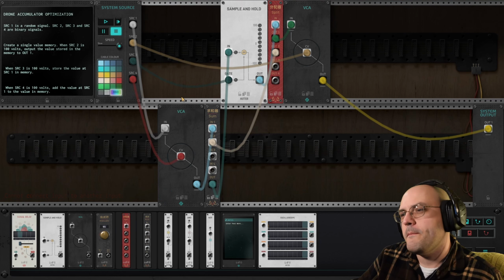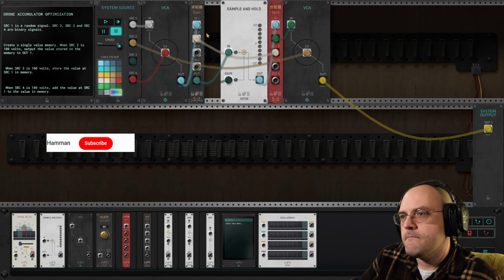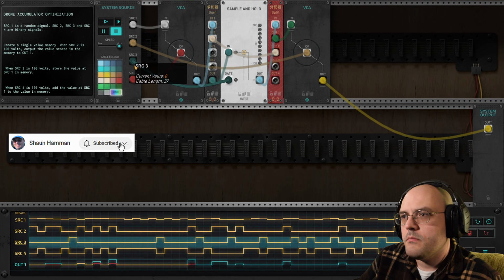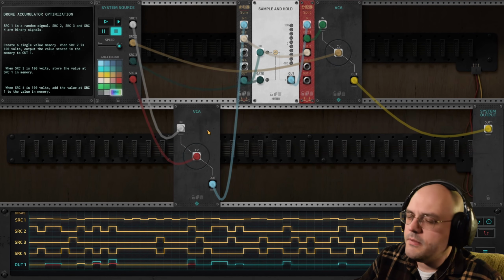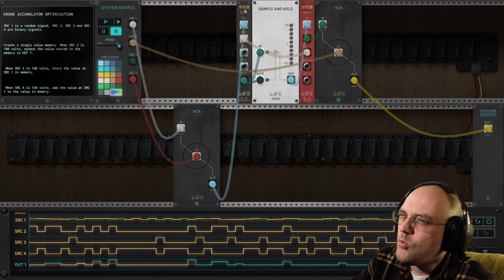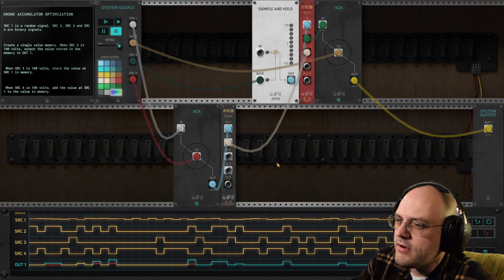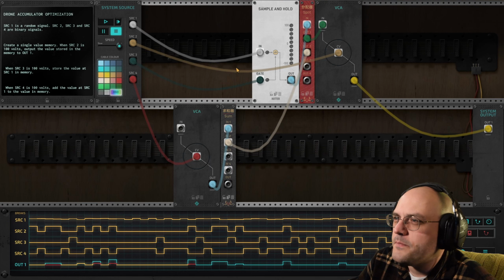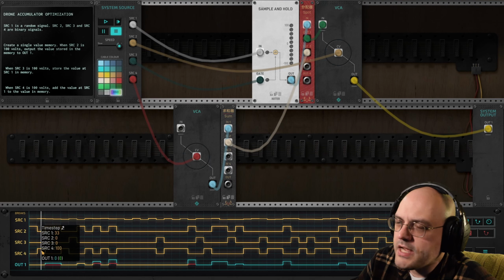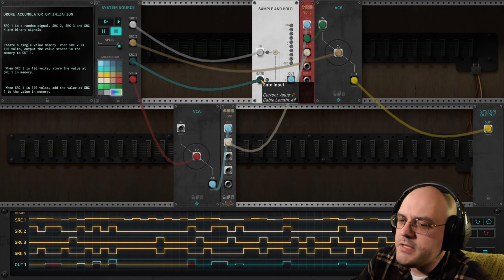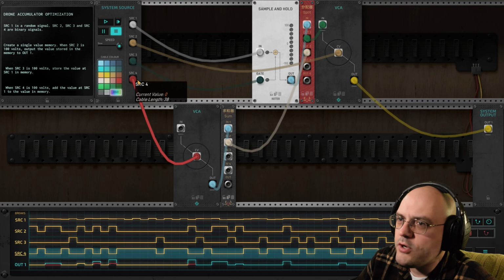Is that right? But that's going to break our source 3. That's not right. That's not quite right. It's close, but it's not quite right. Put this back. When source 4 is high, the gate needs to be open whenever source 3 or source 4